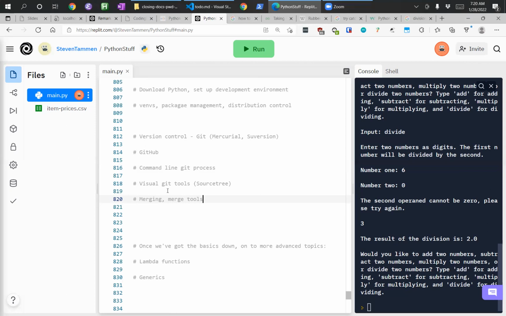It makes it way easier to roll back if you mess something up, to go back to a known state in your project where everything worked before you broke something. But on a team, it is by far, I don't want to say the most important skill, but one of the most important skills.